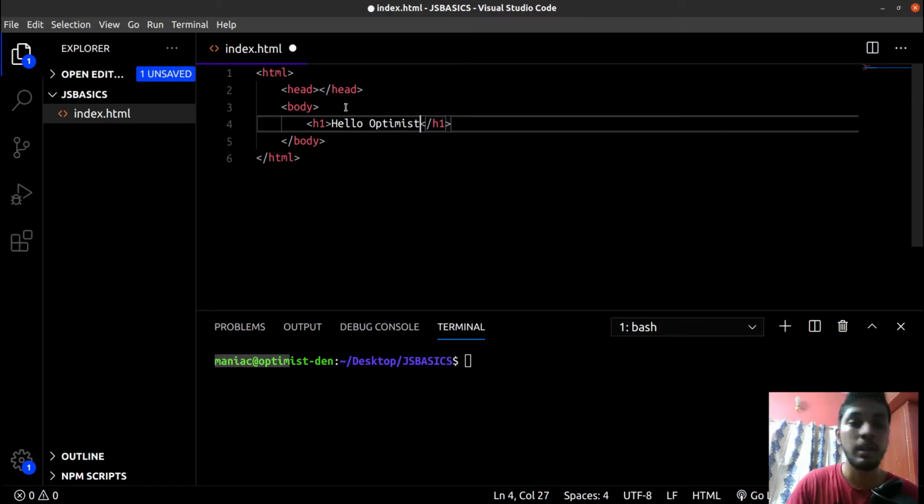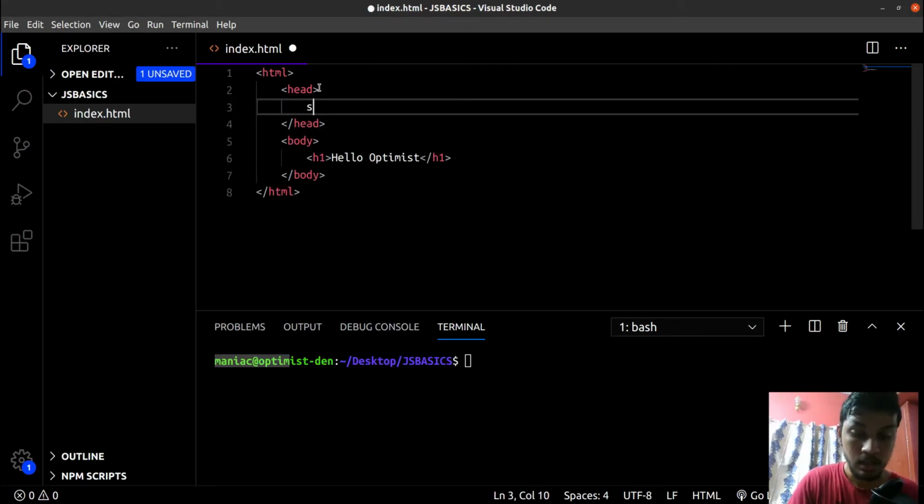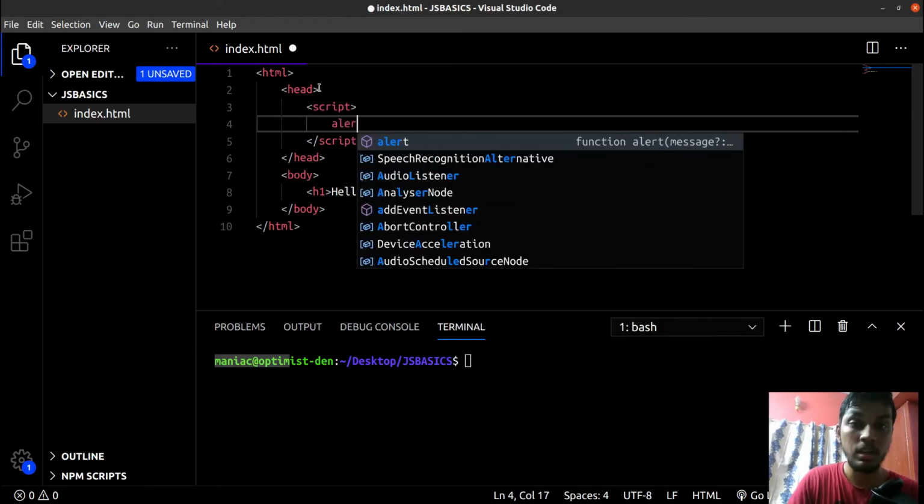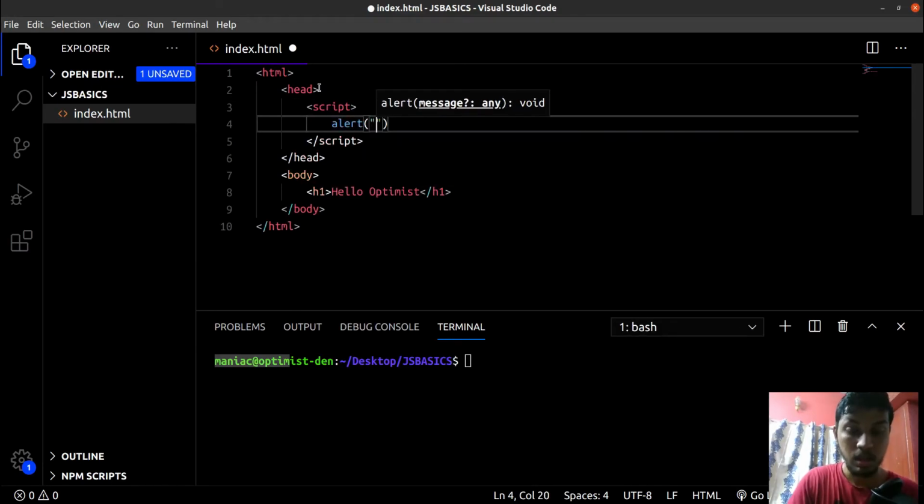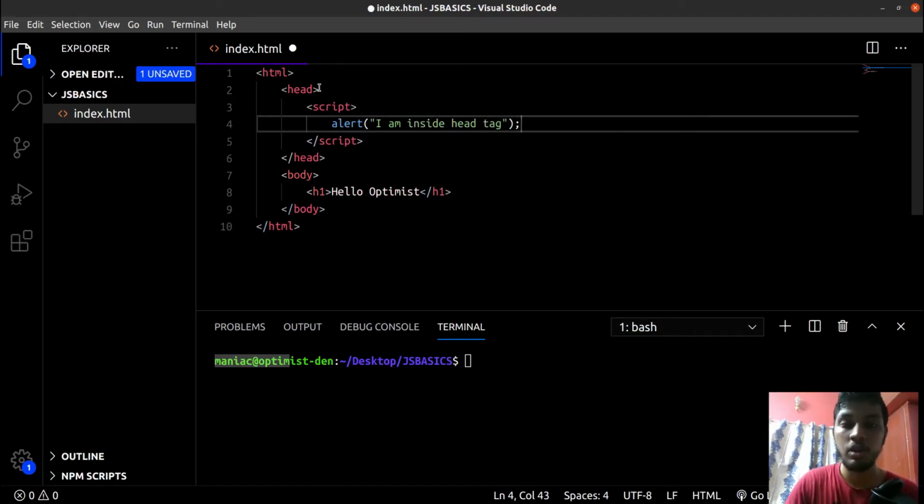Inside the body tag, let's write some basic HTML like h1, hello optimist. To prove the point that a script tag can be written anywhere in HTML, we're going to put a script tag in three places. First, inside the head tag, script tag, alert, I am inside head tag. You need to put the semicolon. In a future video, we are going to be talking about where to put semicolons and why JavaScript works